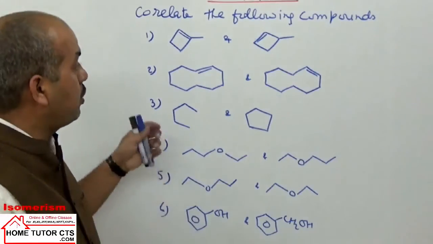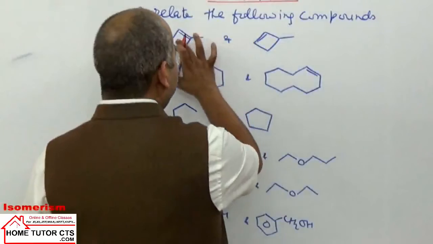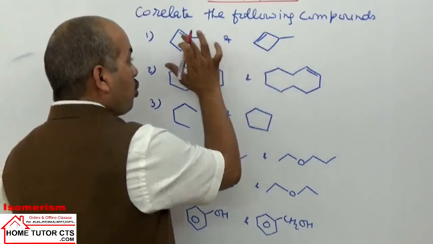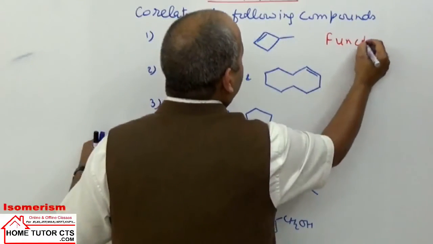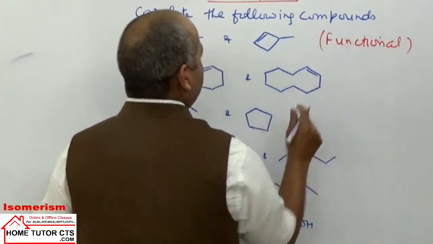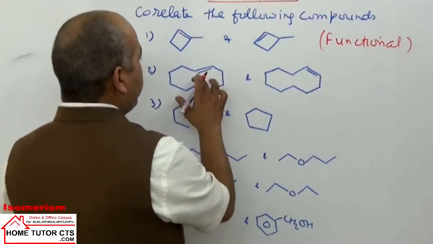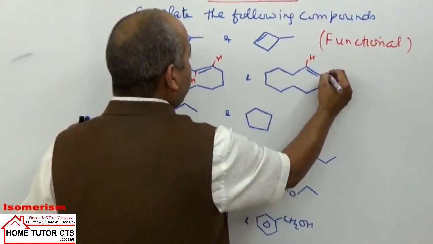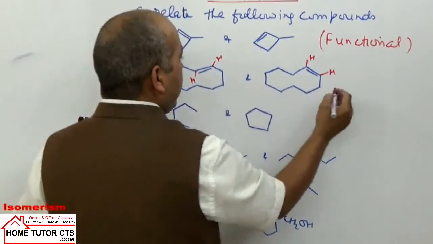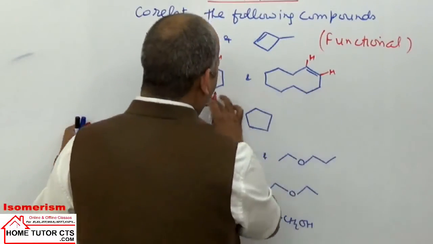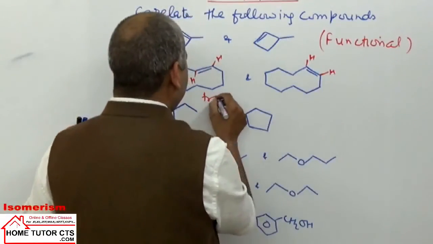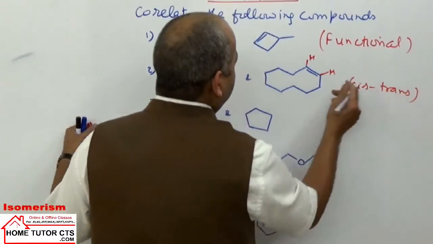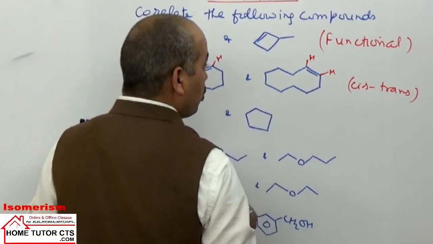Now coming to the solution part. See, in the first, alkene is common, they have the same number of carbon atoms but different position of the functional group, so this can be called functional isomers. In this case, what can this be called? We have hydrogens, can write here opposite, and we will get hydrogen on the same side. So this can be called cis trans type. They are called geometrical isomers, or one is trans, second is cis.